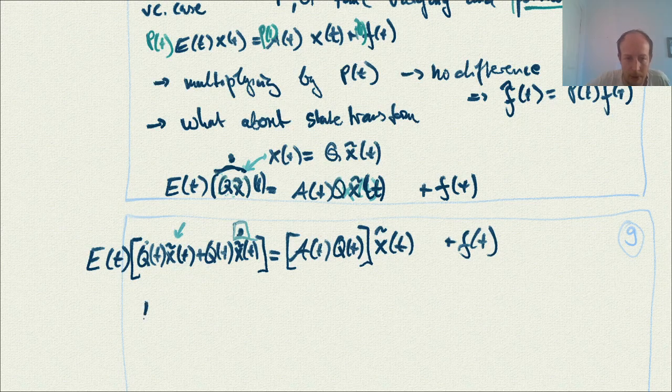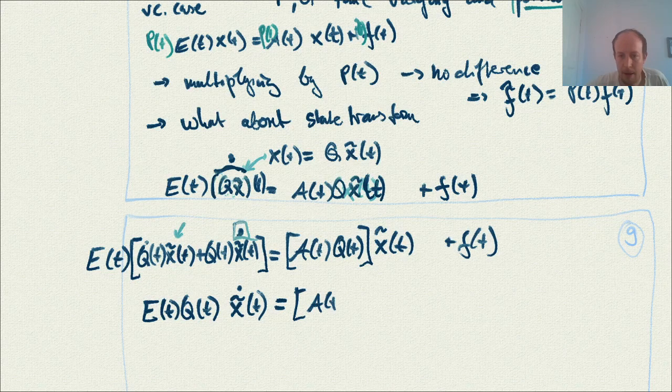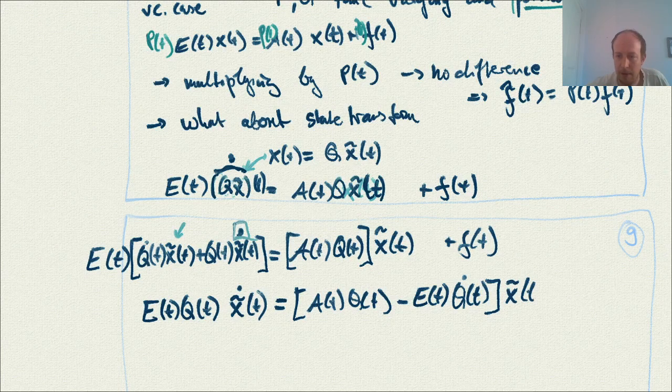So what we will get out of here is E of t, Q of t, x tilde dot of t. And here we have A of t, Q of t, as we had it before. But now this term here, E of t, Q dot of t, will be added: E of t, Q dot of t, x tilde of t,